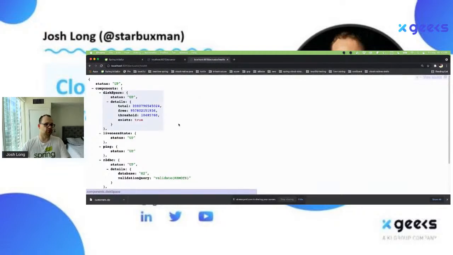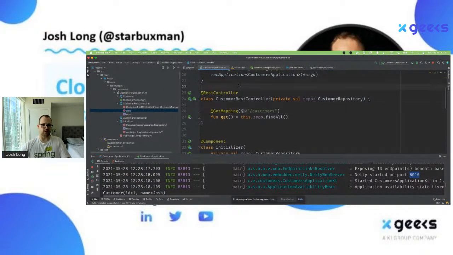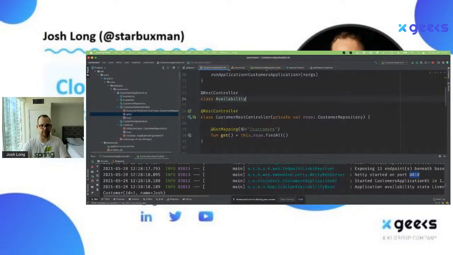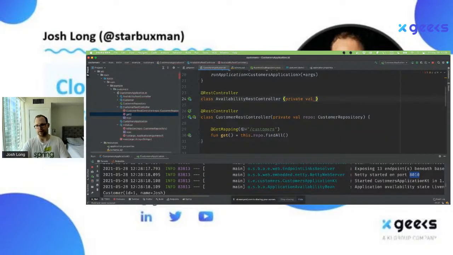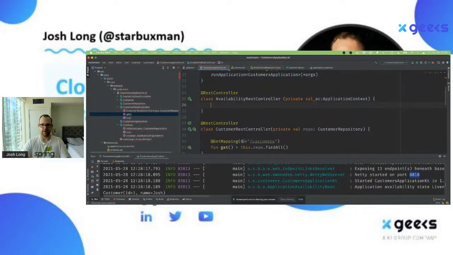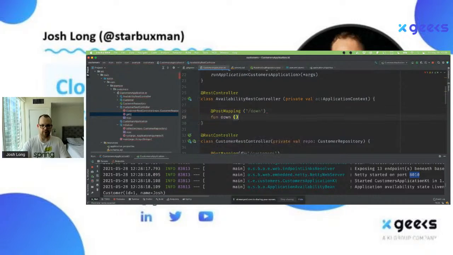We configure this stuff for you automatically, but of course you can change things, right? So, for example, let's say I wanted to create another REST controller here, class AvailabilityRestController, private val application context, AC. Okay, and I'm going to use PostMapping.